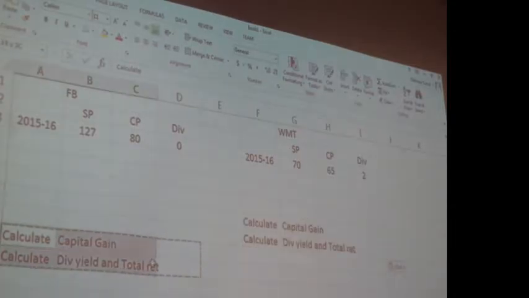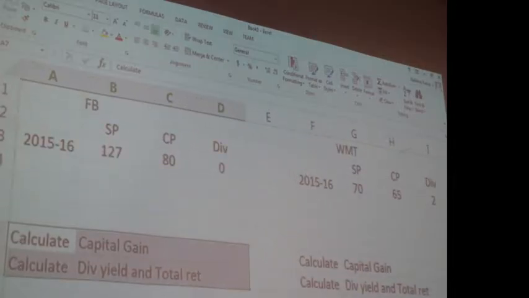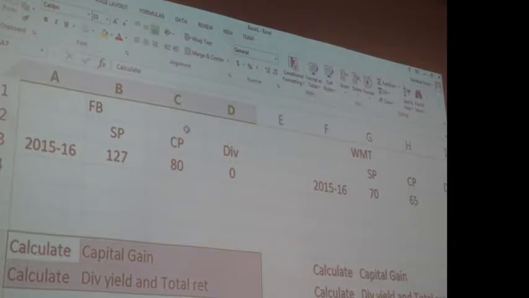All right. So I'll help you with that. Let's do the first one on the board. We have Facebook. What's our formula and how do we calculate the return for Facebook? Let's set it up. We're assuming we bought it in 2015, we sold it in 2016. So our formula again was, remember, selling price minus cost price plus dividend divided by cost price, or selling price minus cost price divided by cost price plus dividend divided by cost price,